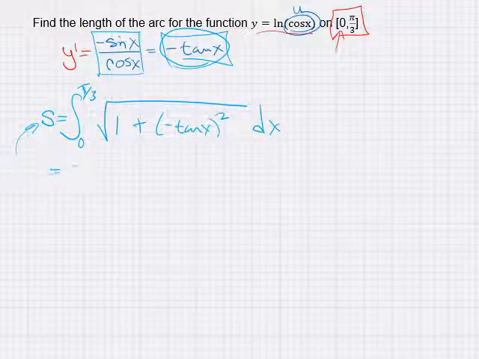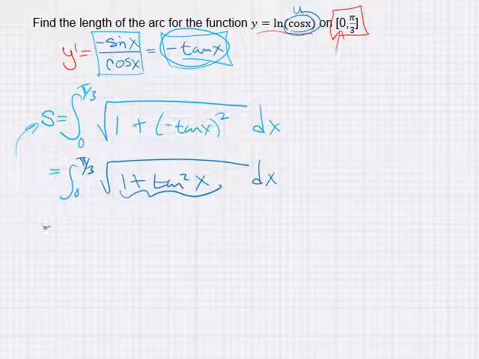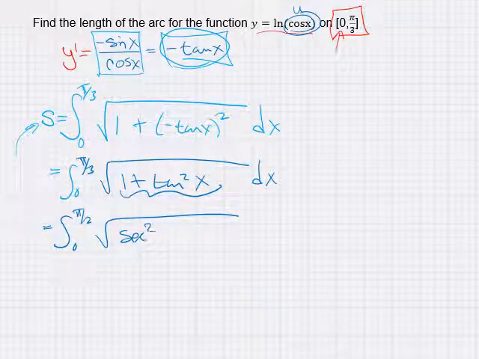So if we look at this, we're going to have 0 to pi thirds. What do we get? We get 1 plus tan squared x. The negative goes away when you square it, but you get tan squared. So thinking about how we're going to integrate that. Well, 1 plus tan squared, if we use a Pythagorean identity, is actually equal to secant squared. So it would be easier if we wrote this as the square root of secant squared x. Now the reason why that's easier is because you're taking the square root, and thus the square root and the square will cancel, giving us just